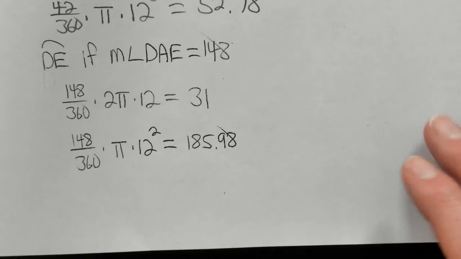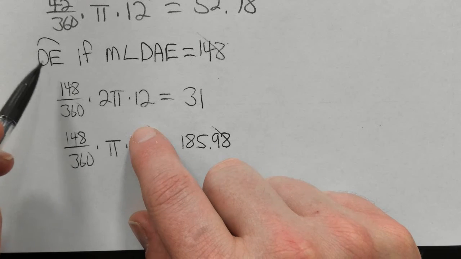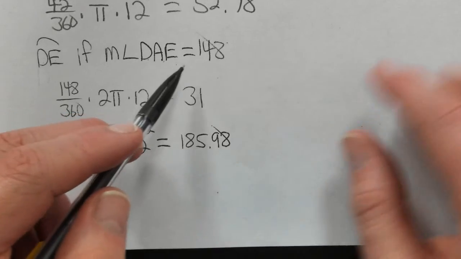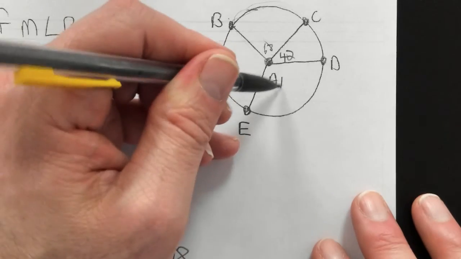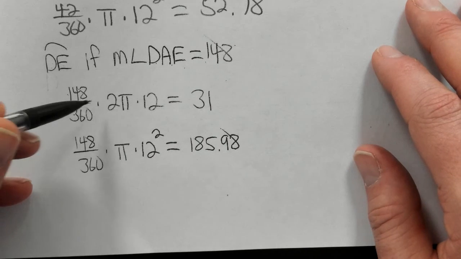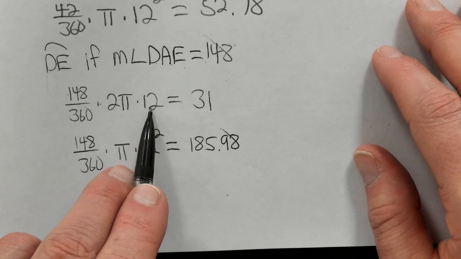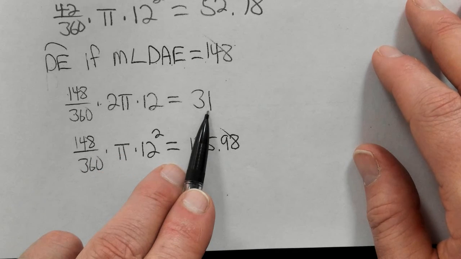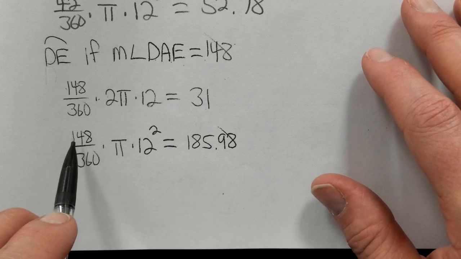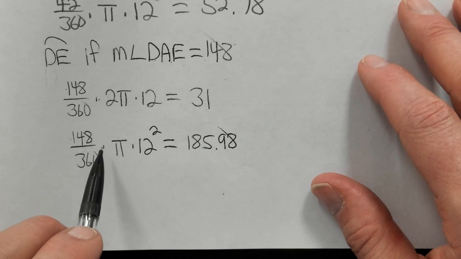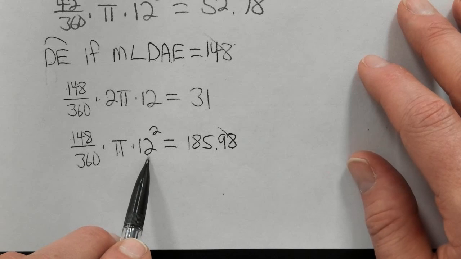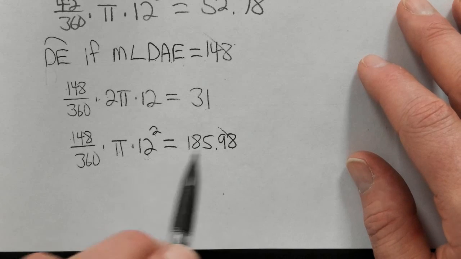Okay. And then one more practice problem. It's already written out for you here. So I want to find the length of arc DE if the measure of DAE is 148. All right. So that means it's going to be 148 over 360 times 2 pi times the same radius of 12. When we plug that in, we get 31. And again, for the area of the sector, it's still 148 over 360, but the rest of the formula is times pi times 12 squared. The radius is still 12, and then that'll give you